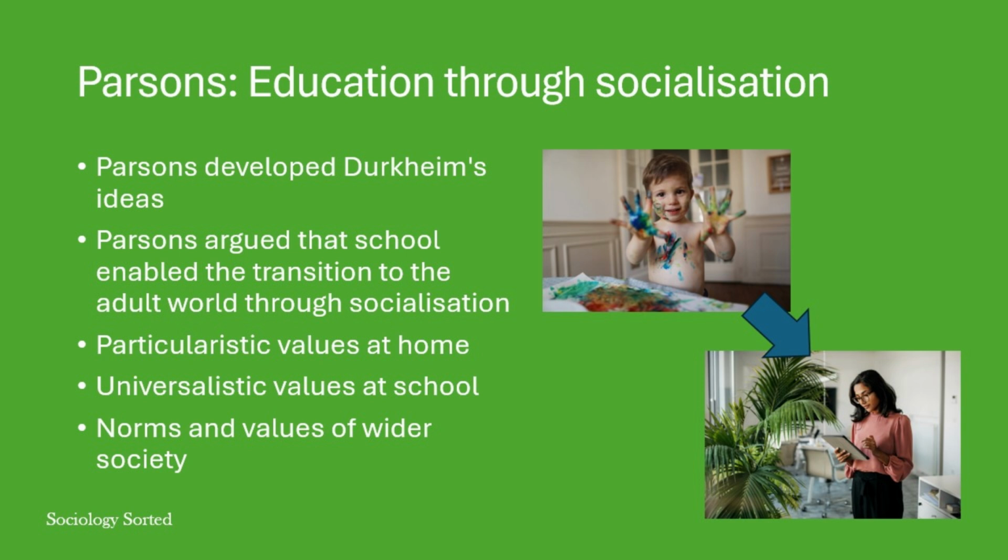He referred to the norms that might be in place in the home as particularistic values, and those that are in place in wider society as universalistic values. Hence, Parsons argued that school acted as a bridge between the home and adult life, both in developing and fine-tuning our moral education, and our sense of social solidarity. You can't lie on the floor and watch TV at school, and individual differences between households on what it means to be part of society will be resolved in their children through the education process.